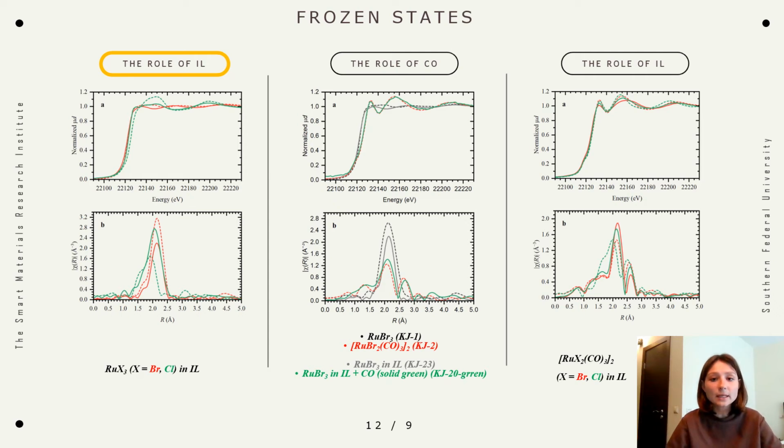Also, for the ruthenium bromide compound, the ruthenium-bromide coordination number decreased from 6 to 4, and for the ruthenium chlorine compound, a significant reshaping of both EXAFS and XANES data is observed, which is associated with the chloride and bromide exchange in the bromide-rich ionic liquid. And we can say that we form tetrahedral complexes for the ruthenium bromide salt in ionic liquid,